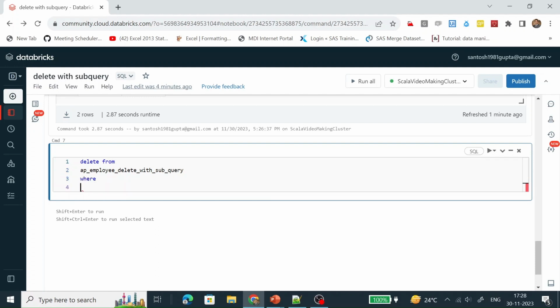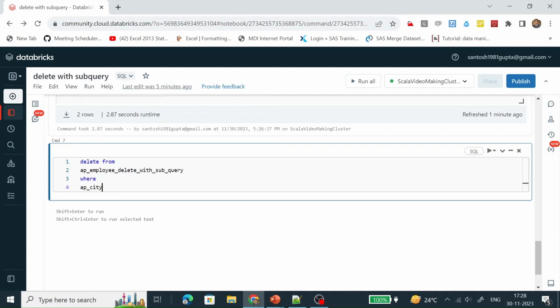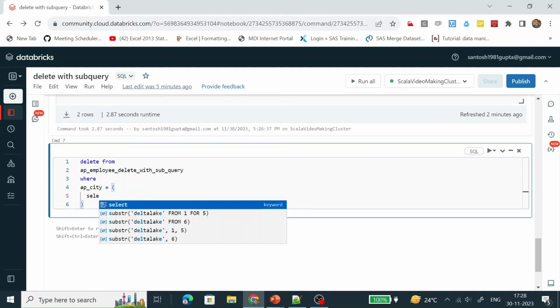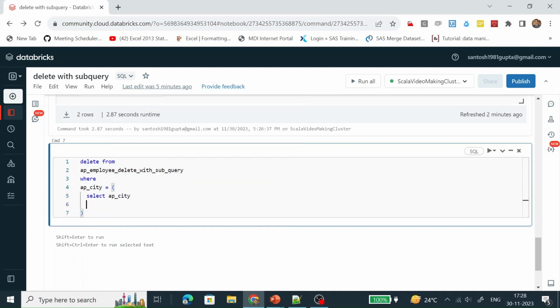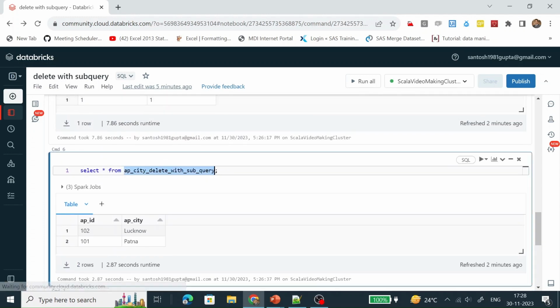In the where condition, which table are we targeting? We are targeting this APCT. This APCT is equal to, it is going to take all the values which are present in this subquery. Then select APCT from which table? This table.